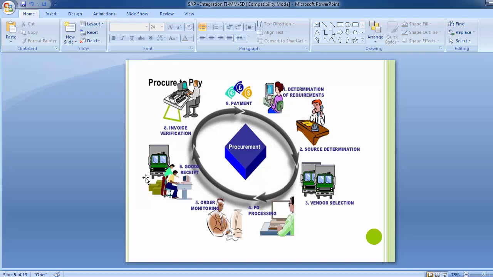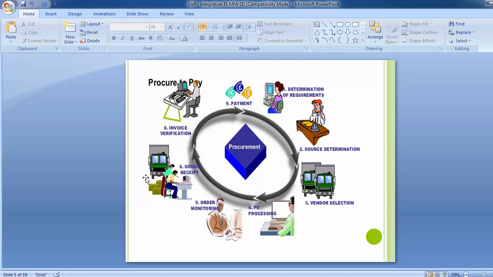Once the invoice is punched into the SAP system, it moves to the last stage, that is the payment. We have raised the purchase order, we have received the goods, and we have also received the invoice from the vendor saying how much amount has to be paid, so the payment processing has to be done.